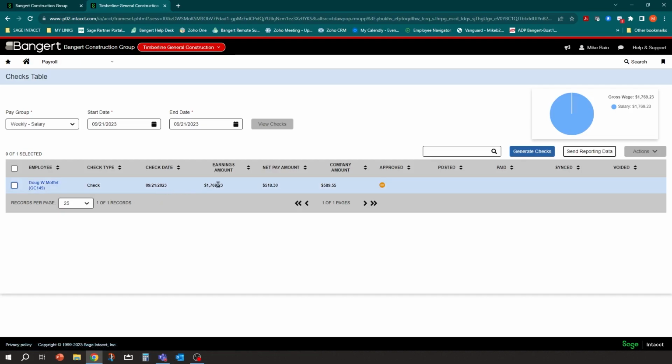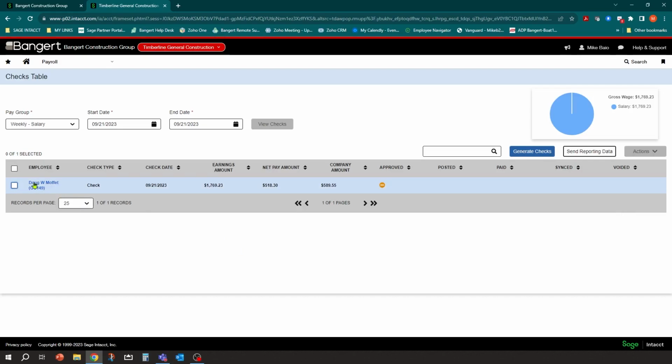So in this case, we're going to go in and say, there's a few things we need to edit on this, calculated wrong, or adjustments need to be made. So all you need to do in this stage, because we haven't approved this check yet, so you'll notice here it's not approved yet. So I can do a lot of things here. I can recalculate this check.